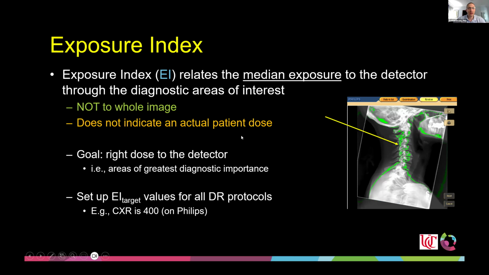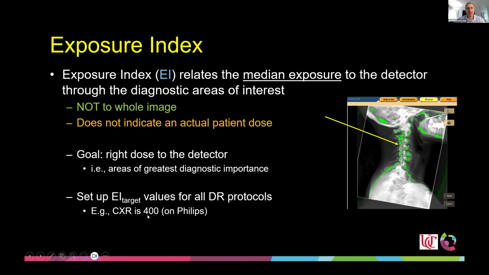EI is not a patient dose metric. It does not tell you how much radiation the patient got. What it's telling you is whether there is enough signal to noise ratio, enough image quality in the image, based on the exposure that you performed. That means every different procedure, C-spine, chest radiograph, abdomen, hand, everything will have its unique target